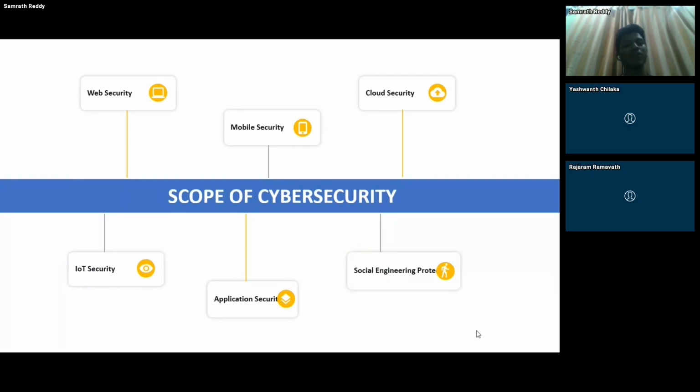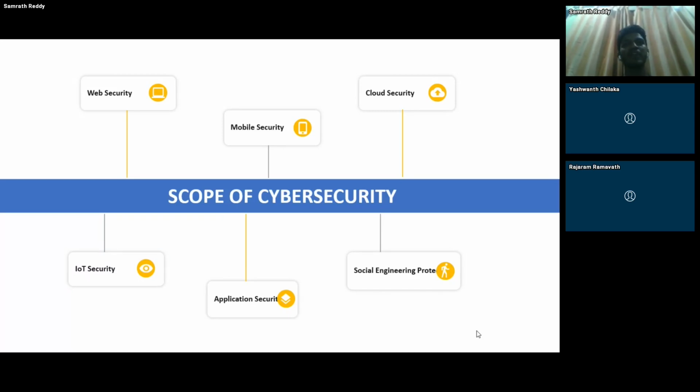Even when you are browsing, web security covers things like APIs and the service availability of a website. Mobile security means the same as the web. Even the cloud stores a lot of details about us, and every application or security backend runs on the cloud. So the scope of cybersecurity deals with every part of the thing.